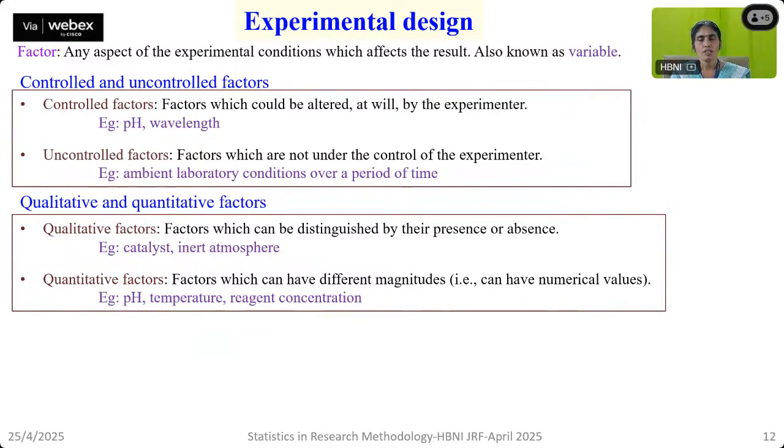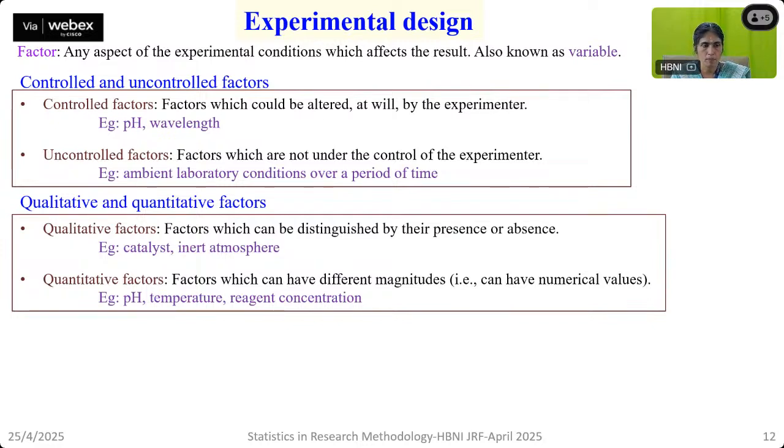Now we come to design of experiments, the general introduction of design of experiments, and a few of the examples we will discuss in today's class. As we had already defined the term factor, any parameter, any contributor which will lead to variation in the result, that is called factor, contributor, group, variance. These terms are used. Variable, these terms are also used for defining the parameter or the input variable which is affecting the final outcome